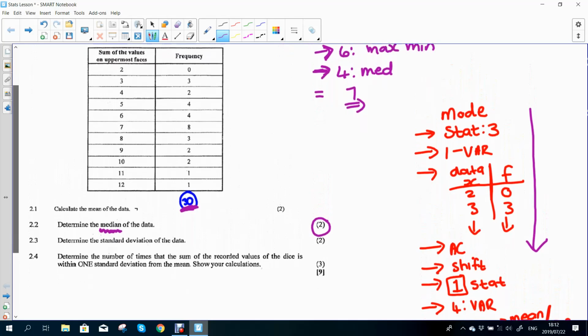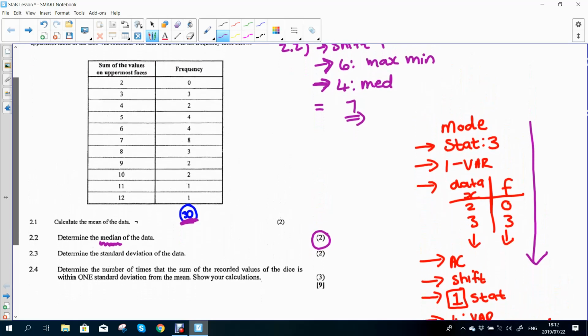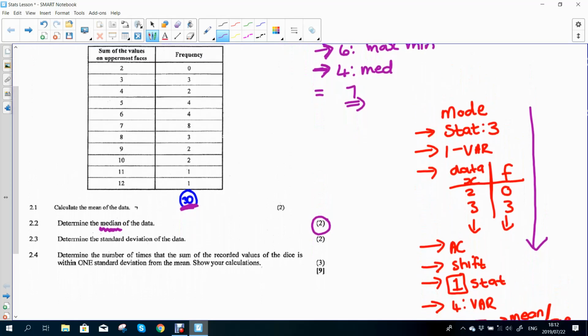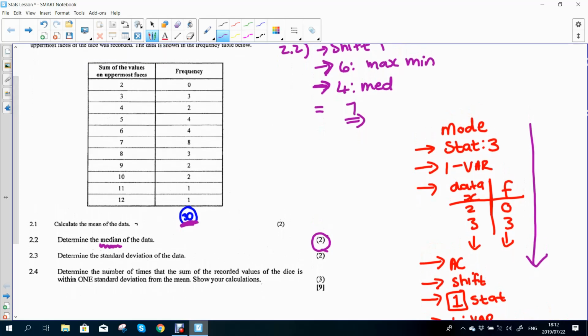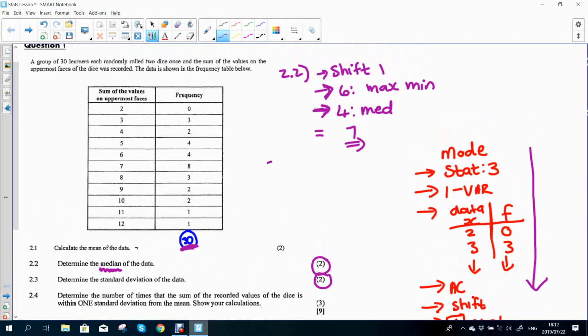Just for 2 marks, not a lot of marks because you can actually use the calculator there. 2.3, find the standard deviation. Same thing, it's for 2 marks. This is calculator work and this can work on all calculators. So for 2.3, remember, all your data values are already entered. You've done all the first bits. So what I want you to press now is, again, you press Shift 1.